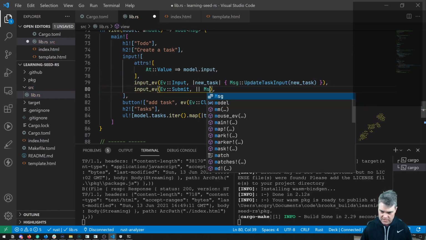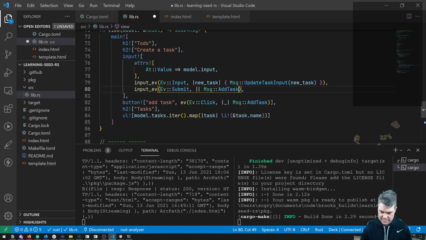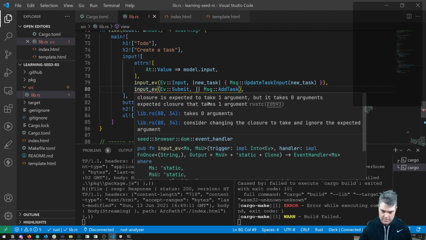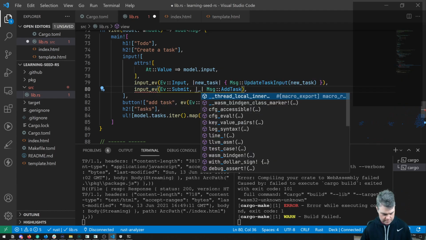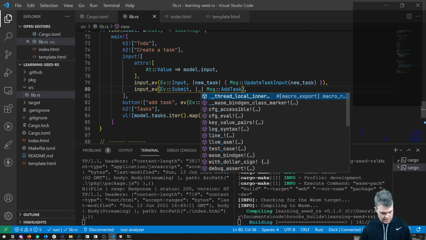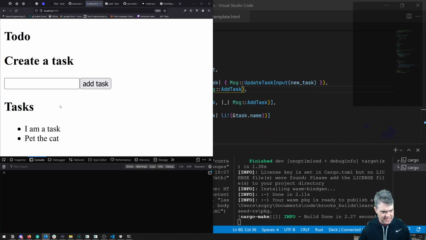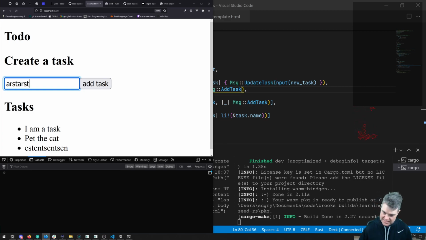So then this, I want to turn message add task. Let's see if that does it. I can't imagine it will, because I don't think this is the submit event, but maybe it is. So if I type in here, yeah. If I do add task, that works. If I hit return, that does not work, because I need to,